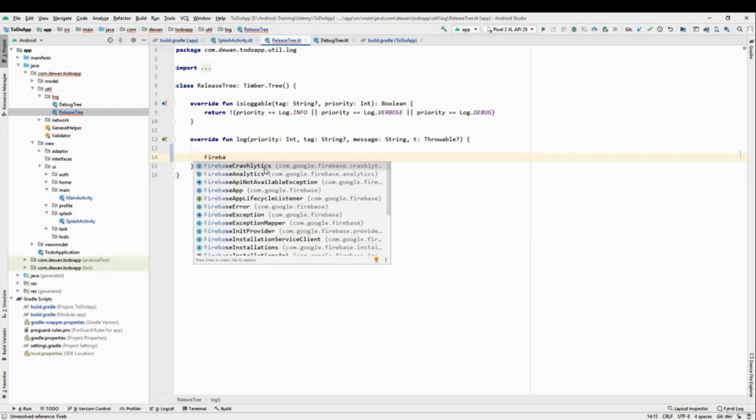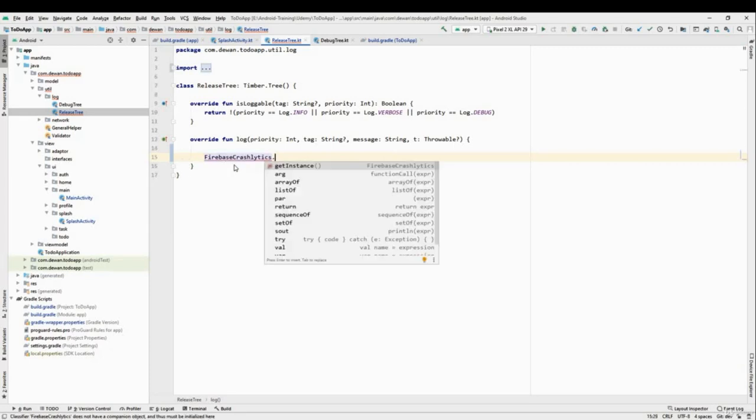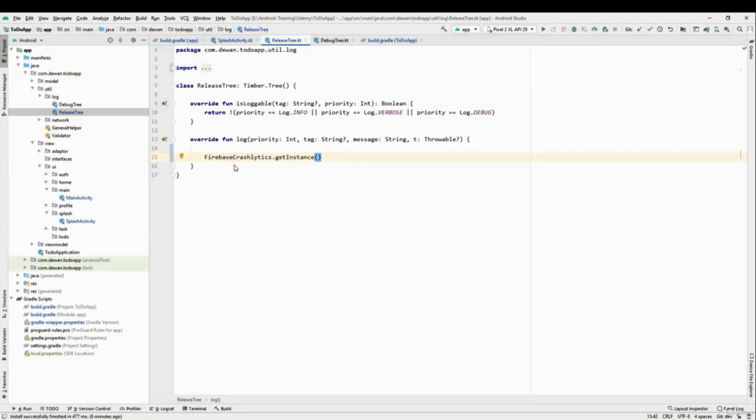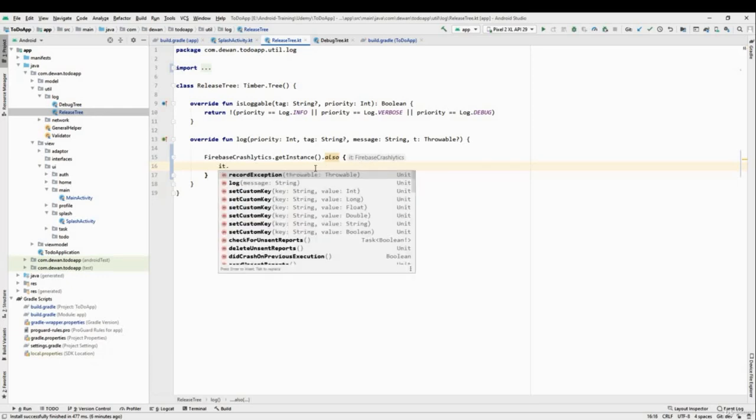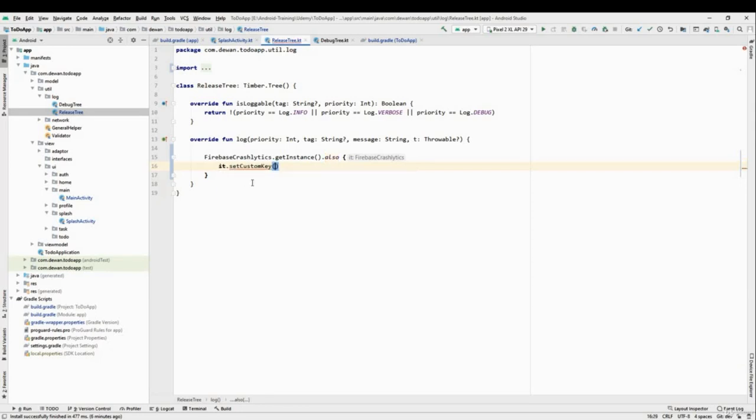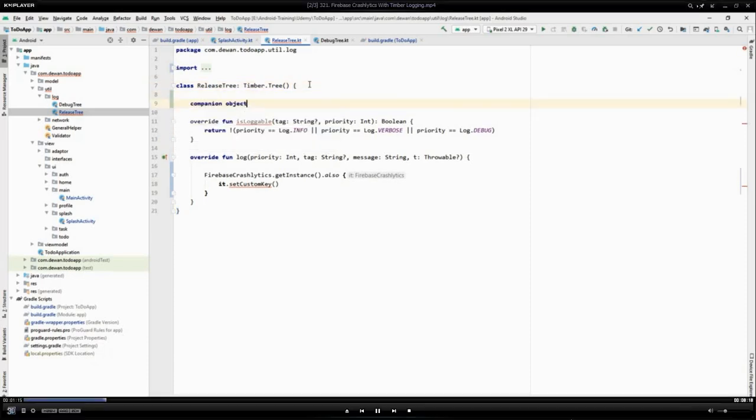So we have Firebase Crashlytics over here, and dot we should get the instance, and dot we can also say also, and over here what we will do is it dot, and we have some of the functions over here that we can use. So we will set some custom keys over here, and we want to set the priority, and also we want to set the tag. So for that I will just create a companion object over here,